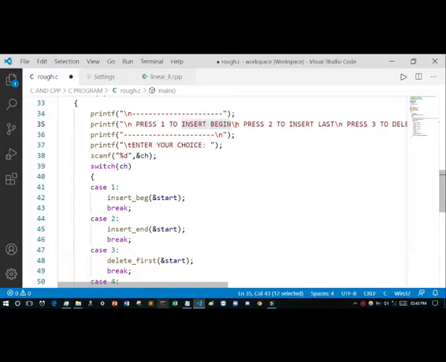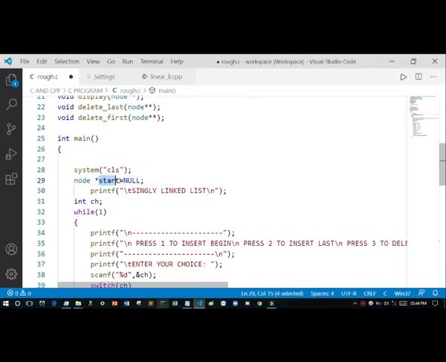For insert beginning, you don't need to write code because I will give the description link where you can get the full code. For insert begin, this is very important: I have used start, and I have initialized it to null because the list is empty.